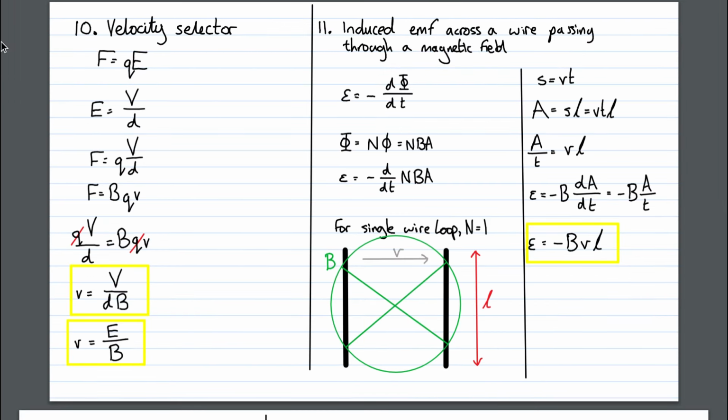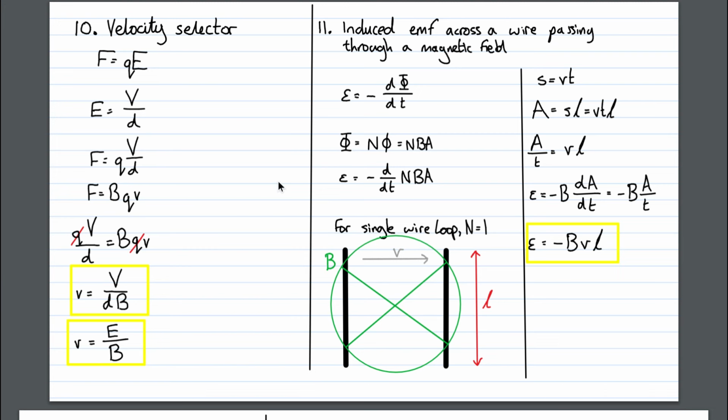Right, so that moves naturally on to velocity selectors. These are situations where the magnetic and electric force are both acting on charged particles, and only certain velocities of particles can move across a gap. So the electric force is Q, that's the charge of the particle, times E, that's the electric field strength. But the electric field strength, if we are in a uniform electric field, is V over D, where V is